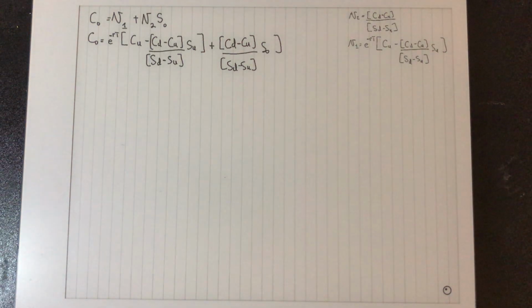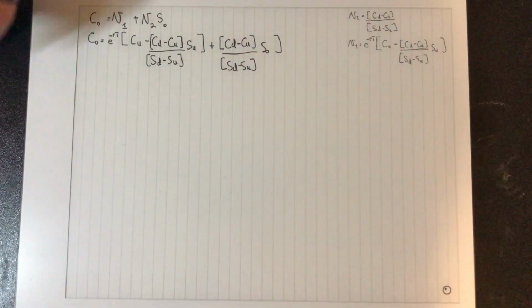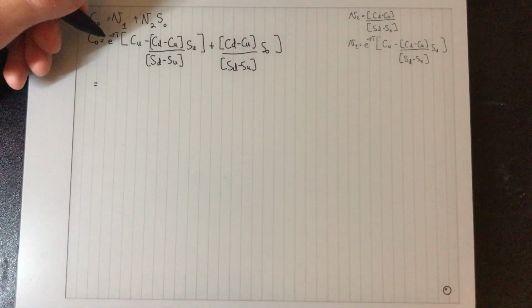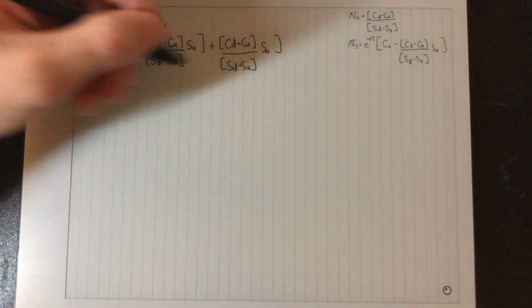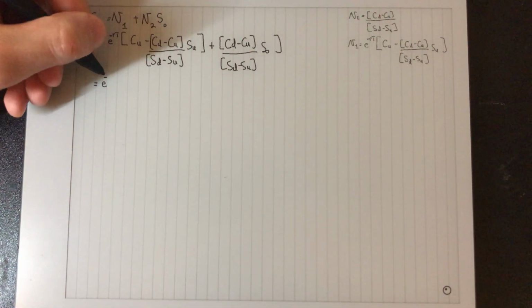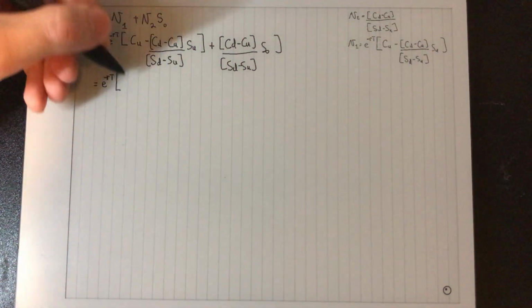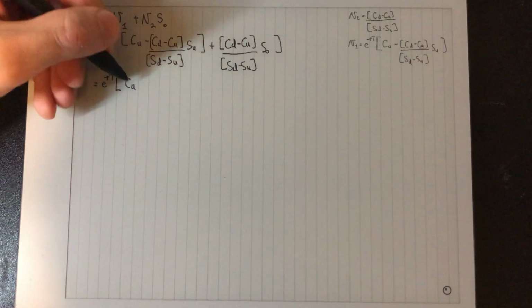So in order to do so, just bear with me and I'll just manipulate the formula in order to show you that representation. So if I take e to the power of negative RT outside, therefore I would be left with